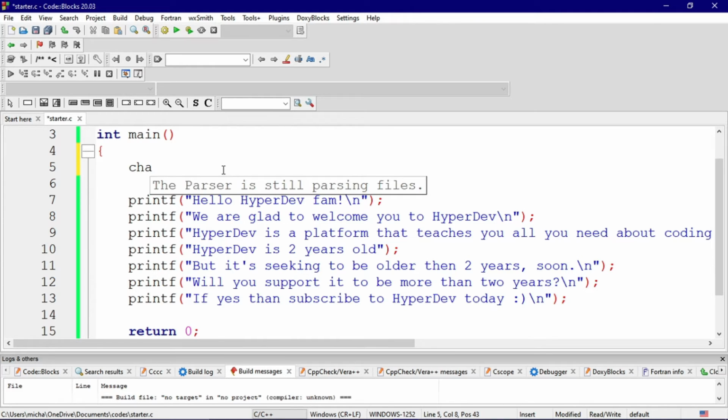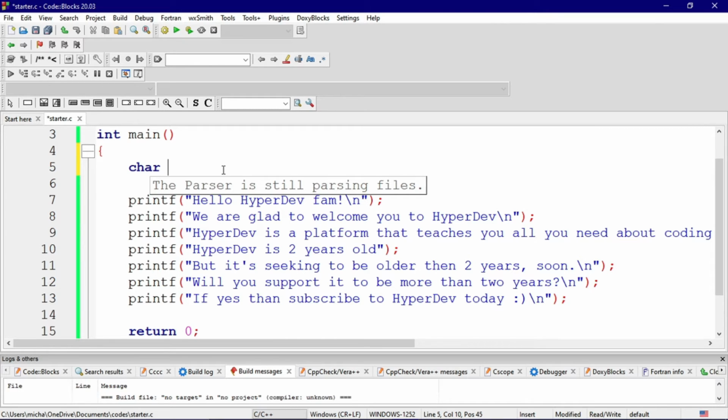So let's say char, which stands for characters in C. Actually here we are going to learn a little bit about data types, because what we are writing now is under data types. We have char, float, double, int, and many other things. But we are going to cover data types specifically in the next episode. In this episode, just bear with us. Whatever we go through, let's just handle it the way it is, and this is going to prepare you for what you're going to learn in the next episode.